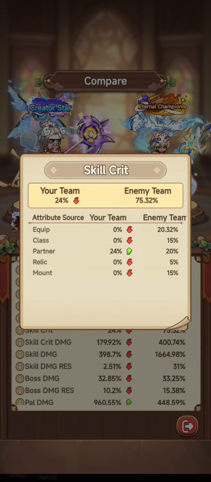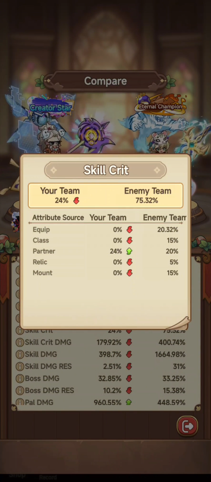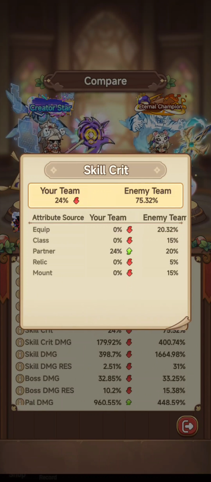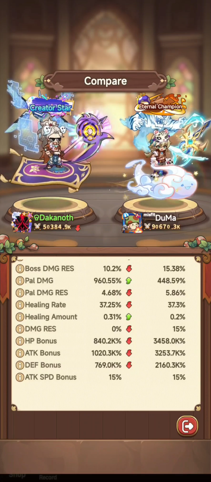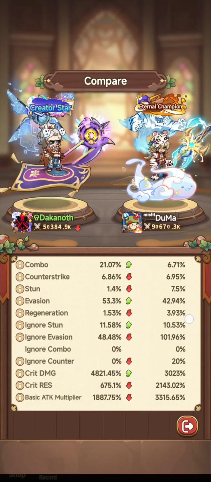Now, if we look at skill crit, you'll see his equipment is giving him 20%, 15% because of his class, 20% doing part of pals, and 5% off the relic, and then 15% on the mount. So, he's got quite a bit of DPS going for him there. Naturally, he's going to be able to succeed probably in